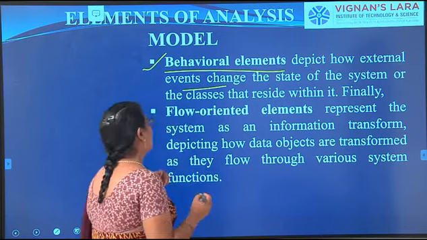In flow-oriented elements, what diagrams are we giving? Data flow diagrams and database models. So what is meant by a data flow diagram? What is a flow chart? It shows how the data is going. First we do the start, and after start we go for some work. Is it the correct work? If yes, it goes to some other work. If no, the loop has to continue. That is the way the process works.